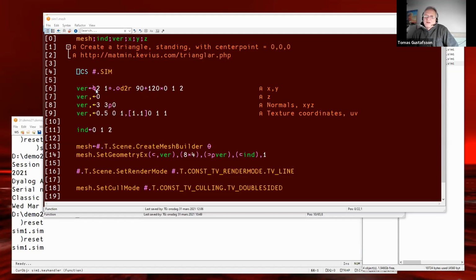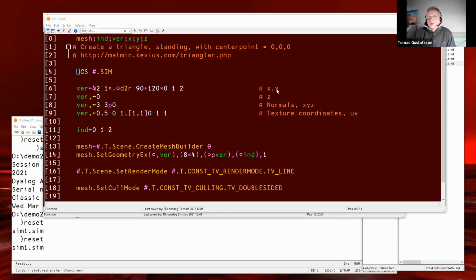Now you have a table with 3 rows and 2 columns, which will correspond to X and Y. 3D is X, Y, Z. And when I stand outside, I imagine that X is towards east, towards Russia.